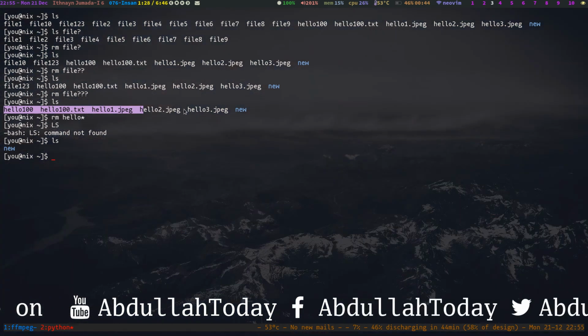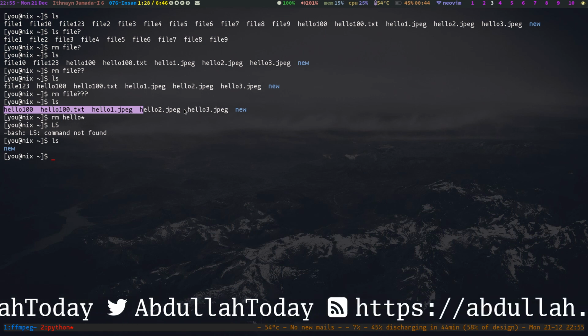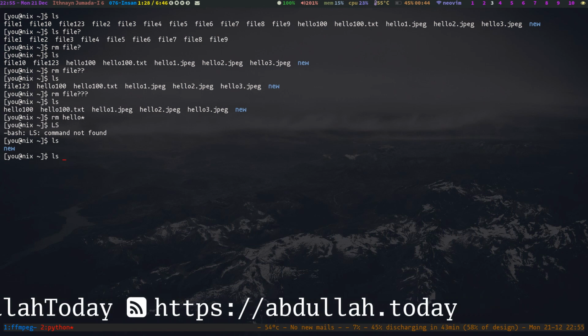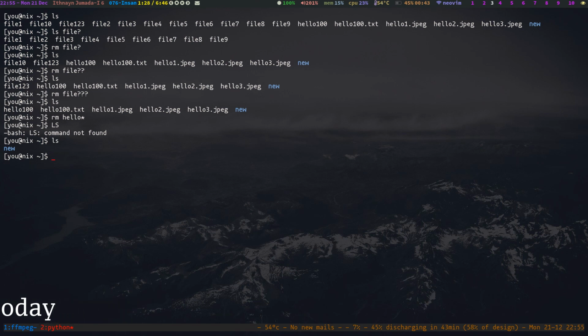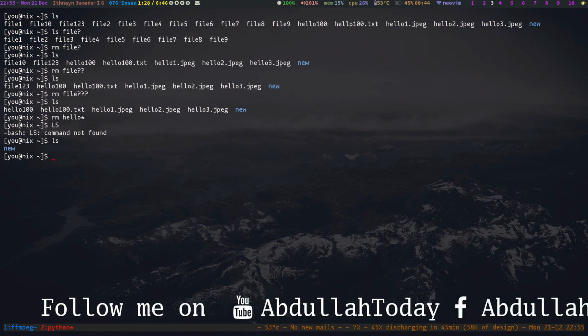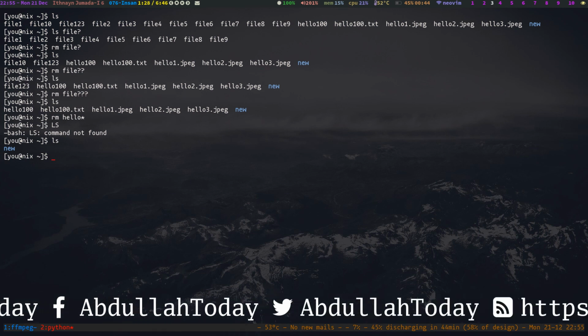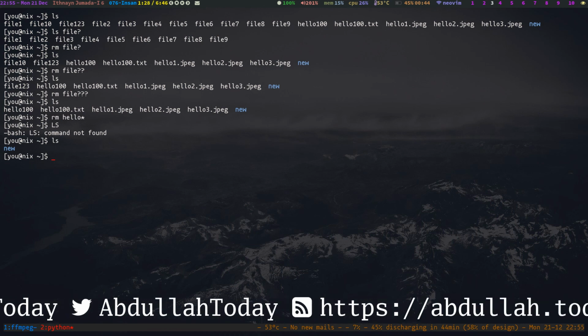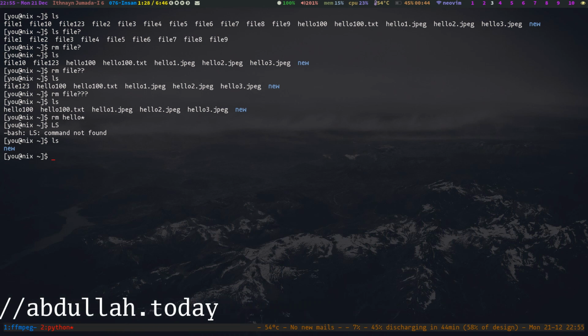So that's it. Using these wildcards, you can make your command so powerful. Just make sure you use ls and then your wildcards to check the result first, and then apply the real command after you are satisfied with the results. So just practice in the Linux terminal, or if you don't have Linux terminal access, you can use Termux or some command line environment for your Android or something like that. Practice will make you perfect